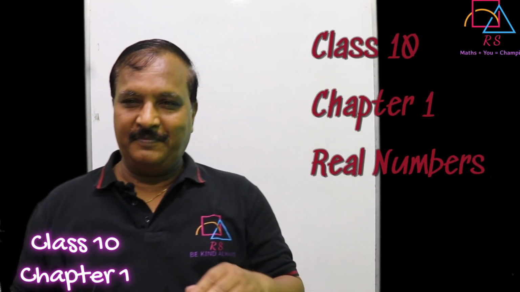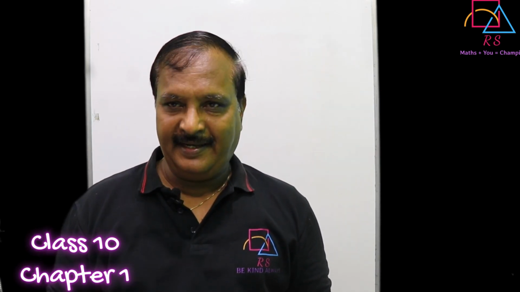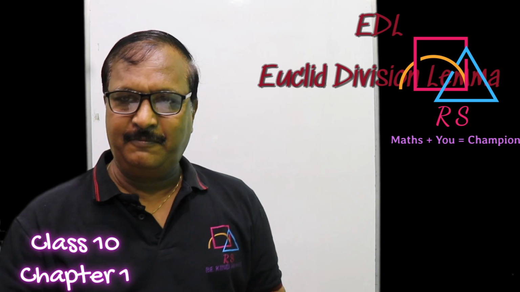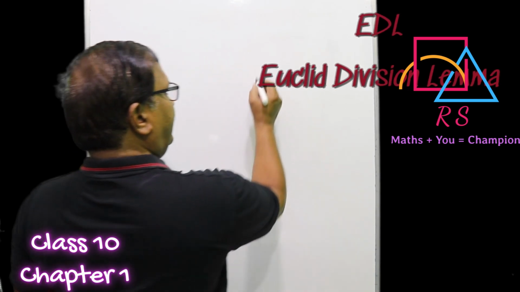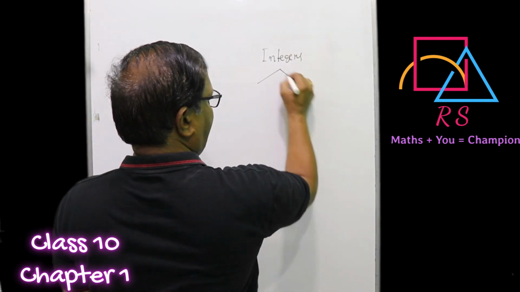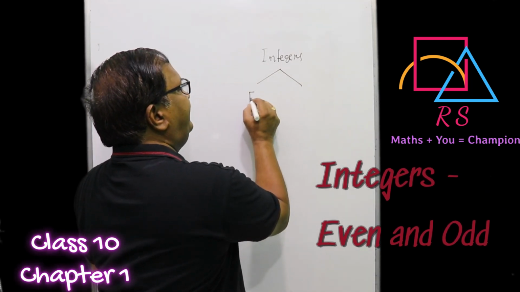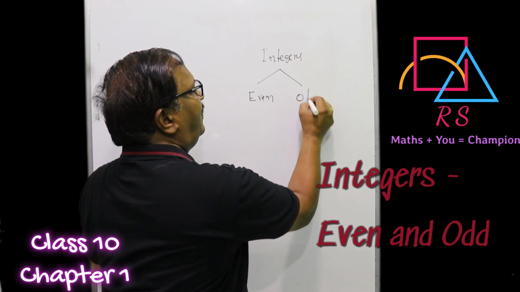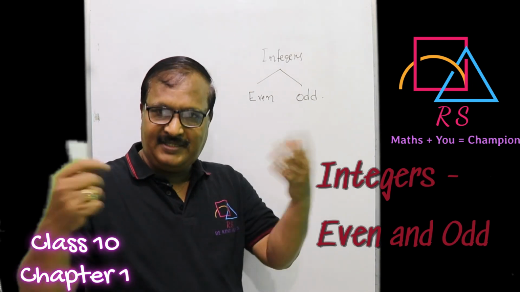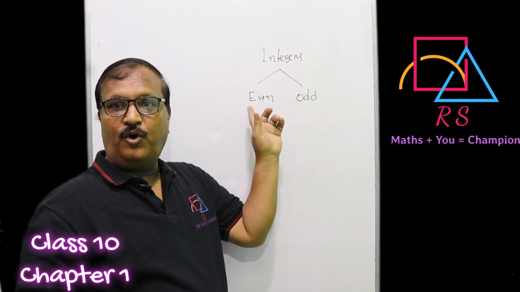Let us continue EDL. In the last class I have explained you what is EDL, Euclid division lemma. Now let us go little further, right? So integers are divided into two types. Let us say two types, right? One is even integers, the other one is odd integers. So now let us use EDL or the same concept and find out the general form of an even number,